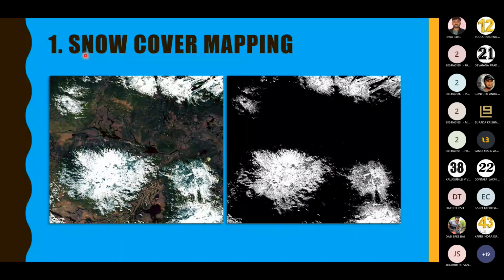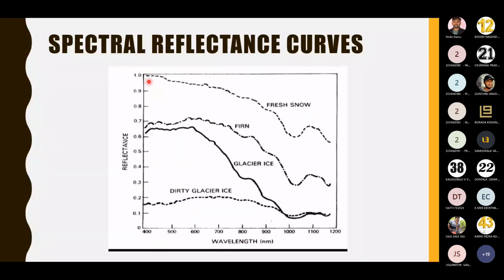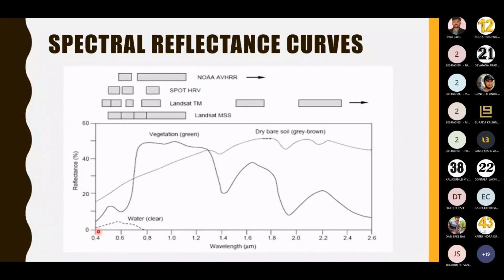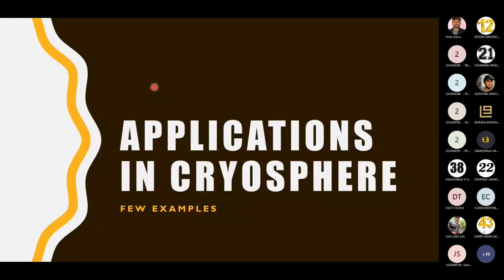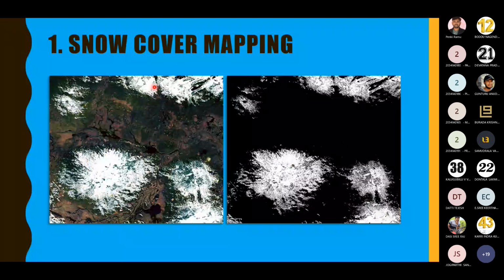It is very much possible for us to differentiate between what is snow and what is not snow, because snow cover has very high reflectance. If you see in this picture, fresh snow has close to 100% reflectance. And in the previous slide, the water body has less than 5% reflectance, but fresh snow has close to 100% reflectance. 100% reflectance means the blue component of energy, green component, and red component all get reflected uniformly, and by the combination of these reflectances you see white color. That is why snow appears in bright white color.